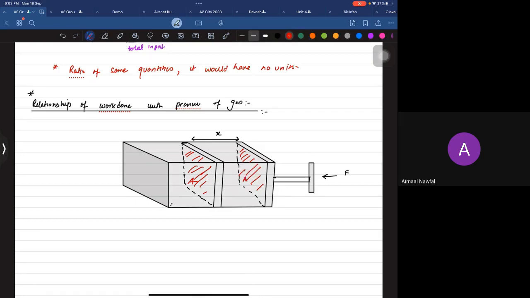All right, so the first thing we should remember with the derivation is that work done is force times displacement. The displacement that we moved is x, so we can say that work done is force times displacement x. Let's call this the first equation. The other thing we should understand is that pressure is given by force over area, and force is given by pressure times area. Do you have any issues with that?